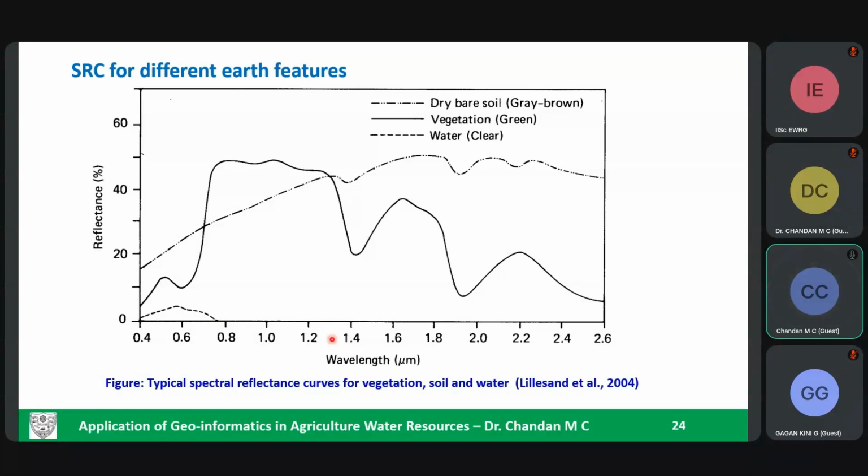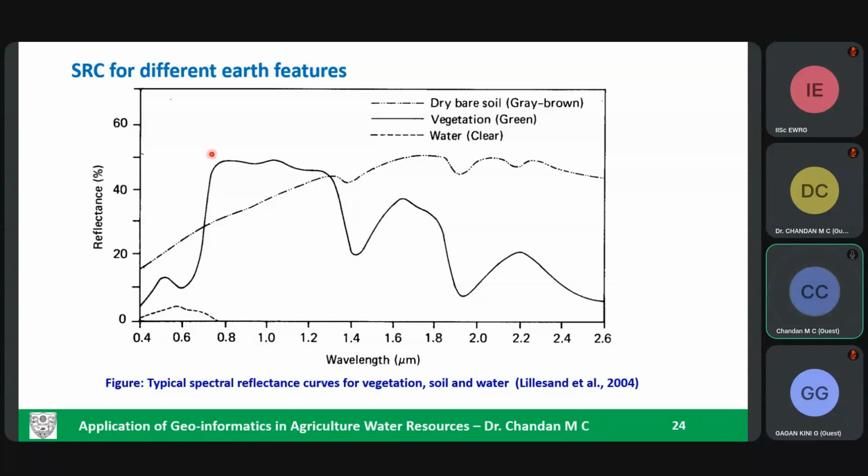That is why if you take any kind of microwave image, you can see water as a dark color, that is, black. Whereas vegetation has a lot of dip and peak configuration, we call it. This is basically due to the leaf pigments in the visible region. The leaf pigments absorb all the energy. That is why the reflectance is less.